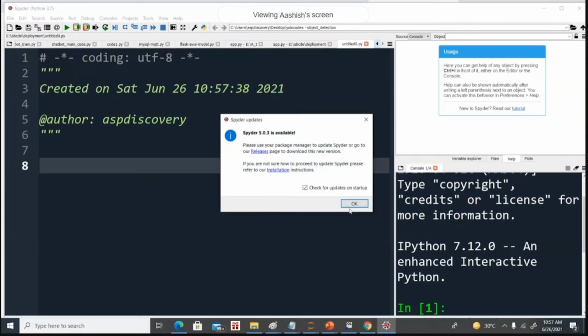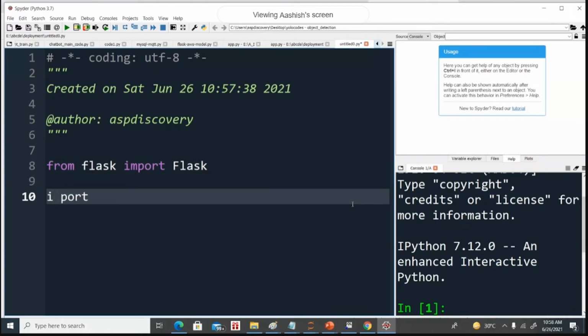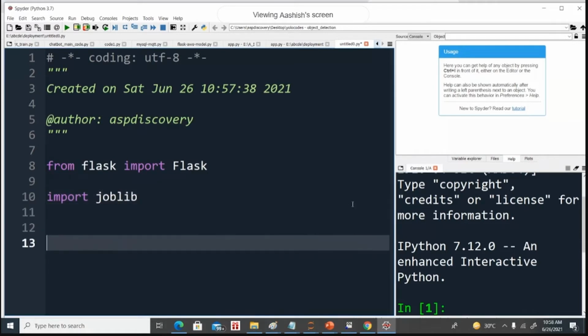Here Flask is a Python library used for web development to design different web applications. So what we are going to do is import from Flask, and import joblib.